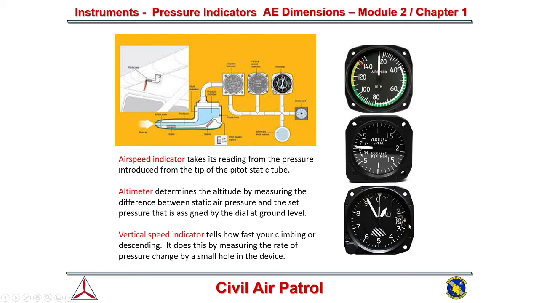Let's say you're working at a small field, you're on a grass strip someplace, you're at a pancake breakfast, you don't know what the pressure is, but you know the height of the airport, which is on all of your sectional charts. You can go ahead and set this knob. You can keep turning it until the altimeter shows the same altitude as the altitude that you are at when